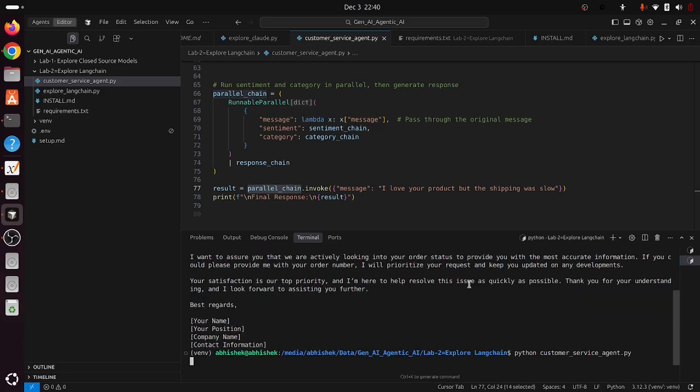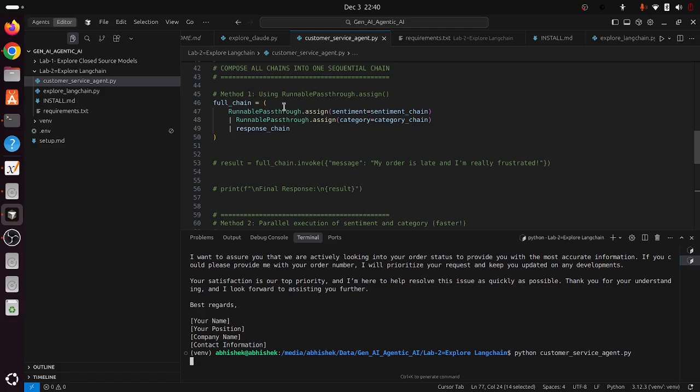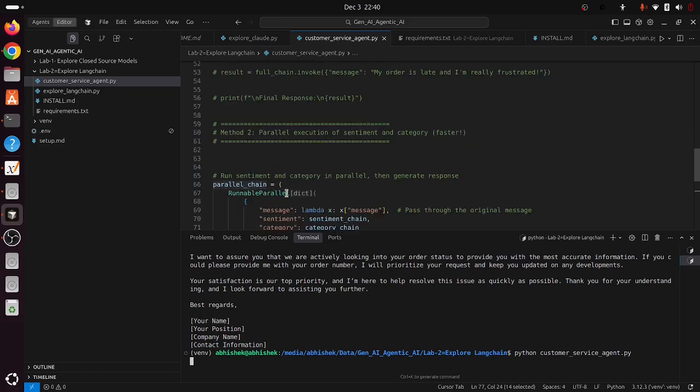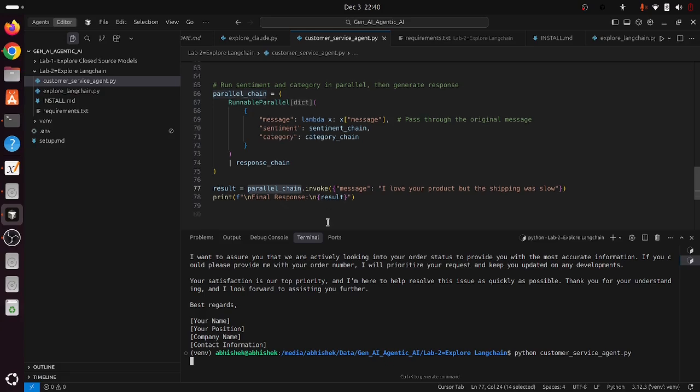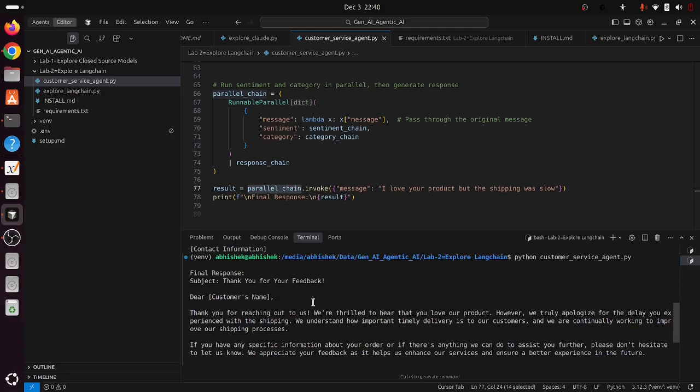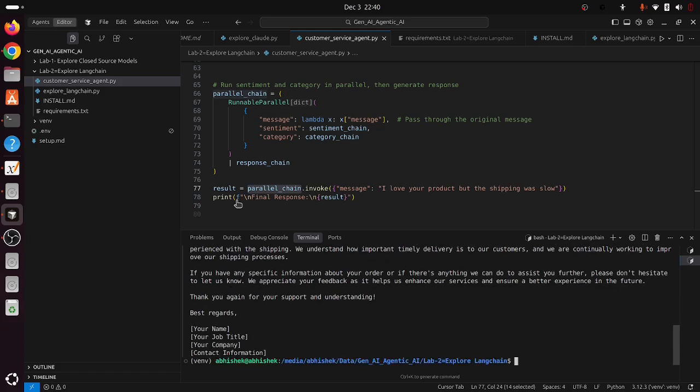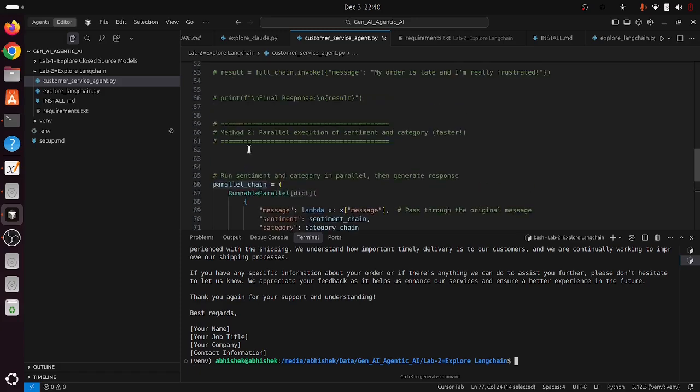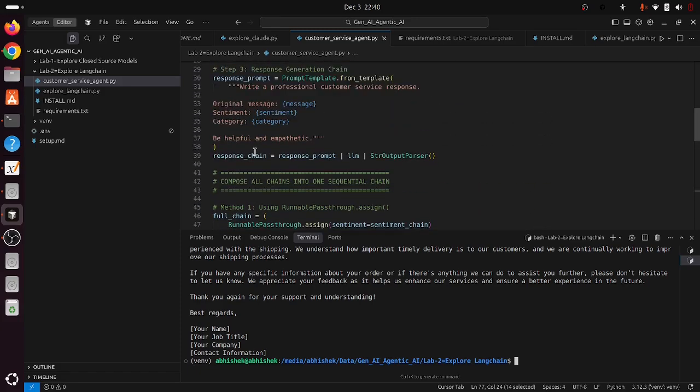So everything is the same. The only difference is that instead of using the sequential chain, here you are just running sentiment and category parallelly to save some time. That's it. Now you can see the response is similar. You're getting the final response only, but the only difference is you're using the parallel run. So in this way, these are examples of the LangChain expression language, guys. In this way, you can build both sequential and parallel chains using LangChain. I hope you understood the basic idea of how LangChain works,